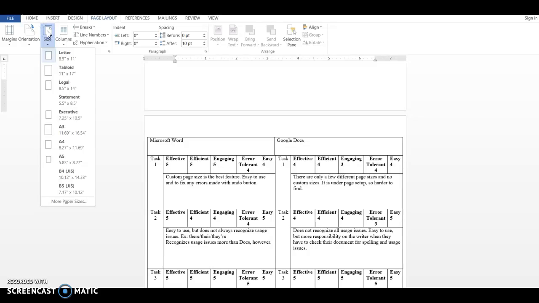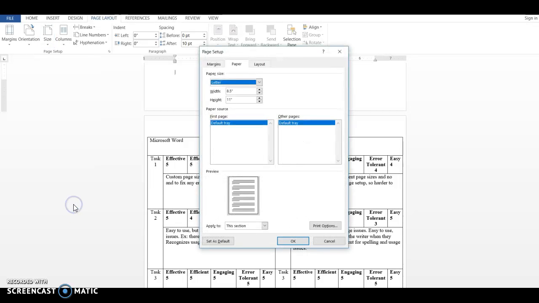There are many pre-arranged sizes such as letter, tabloid, legal, and statement. However, if you need a custom size, you can go all the way to the bottom of that drop-down list where it says More Paper Sizes. After you choose the width and the height that you think you might need,